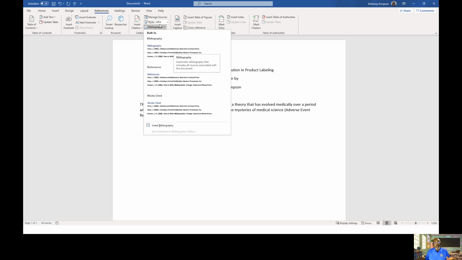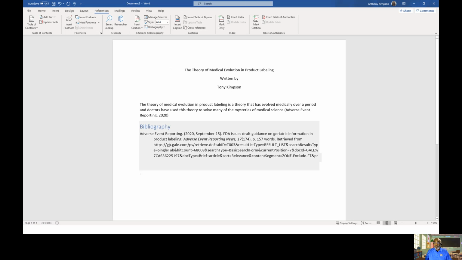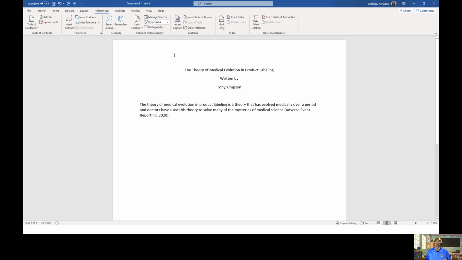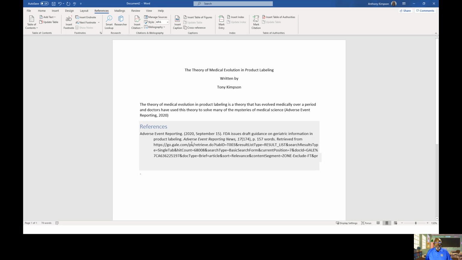So let me click away. I'm going to click on bibliography. Let's just say I want a bibliography. I'm going to click it and it automatically puts it at the bottom, or the last thing on your page. Let's just say you want to create a reference page. I'm going to undo, remember your undo. Well, your reference page will go here. Same thing, click bibliography, references, and it goes